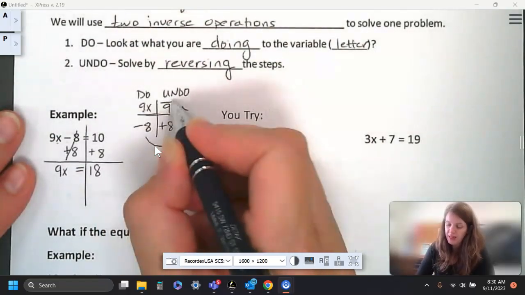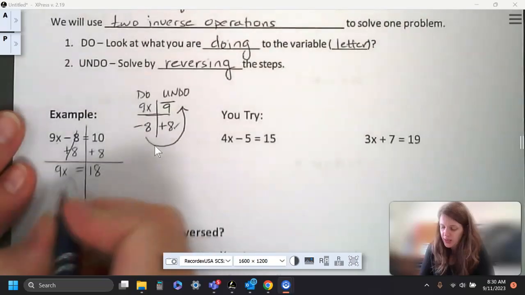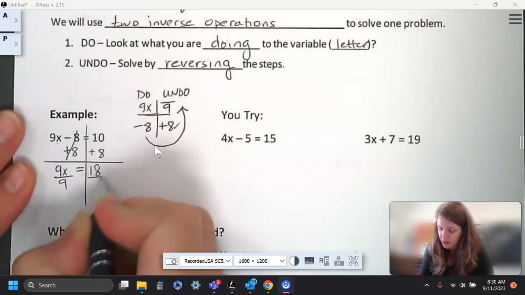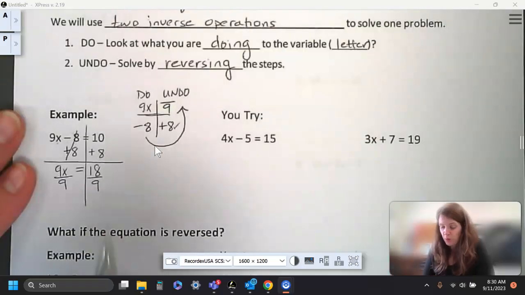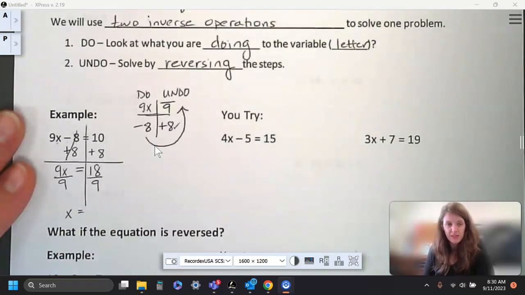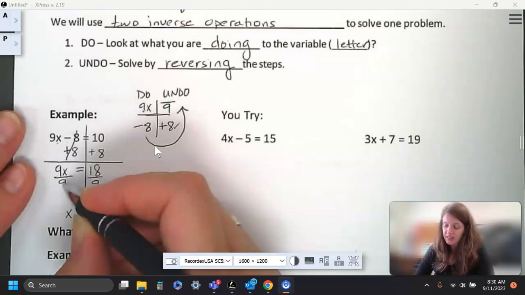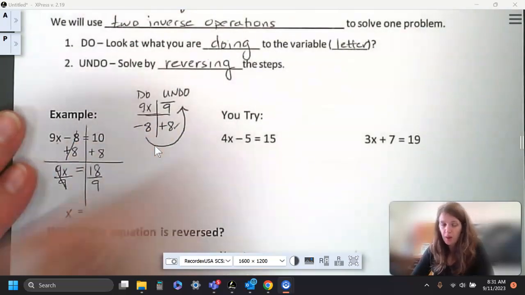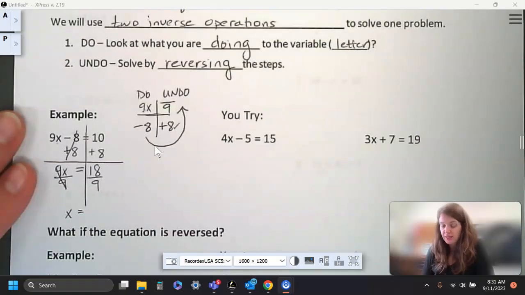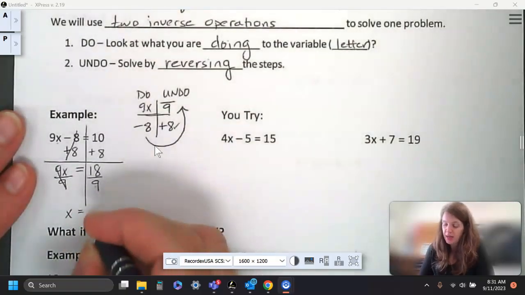This was multiply by 9, so I'm going to divide by 9, and I'm going to do it on both sides. I'm dividing by the number that's with the x, because I want it to be alone. I want the x at the end to be by itself. And when I have a 9 divided by 9, that gives me a 1, or a 1x. So I end up with just an x on the left side, and 18 divided by 9 will give me